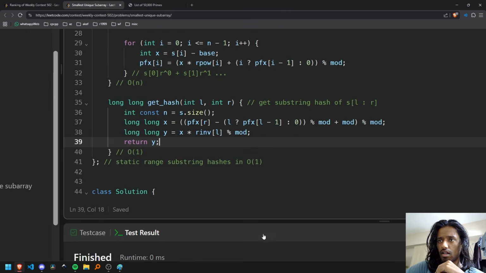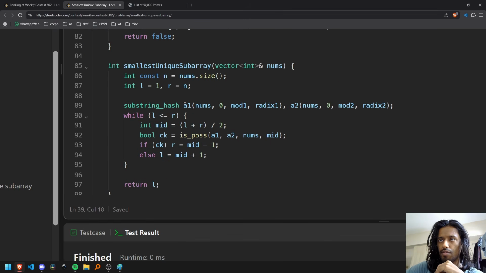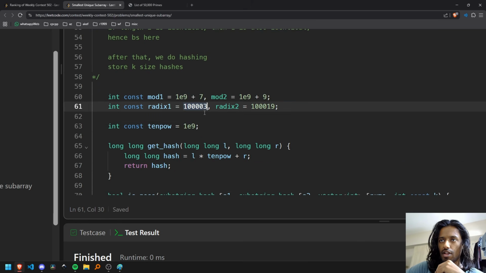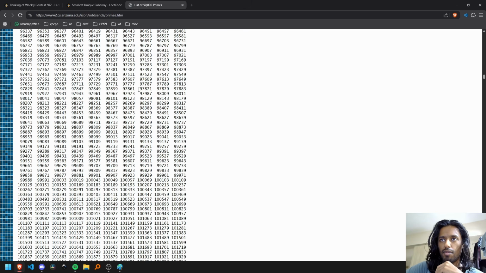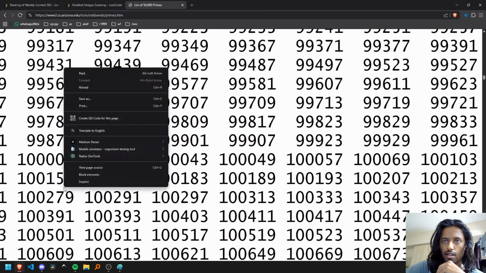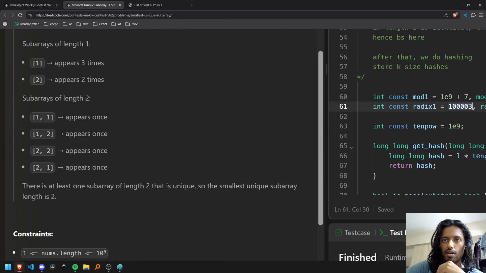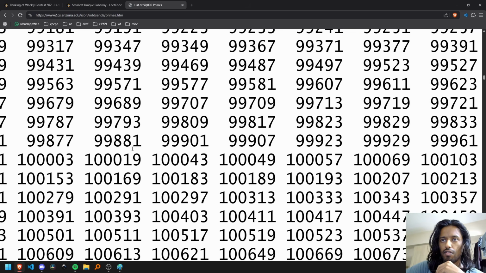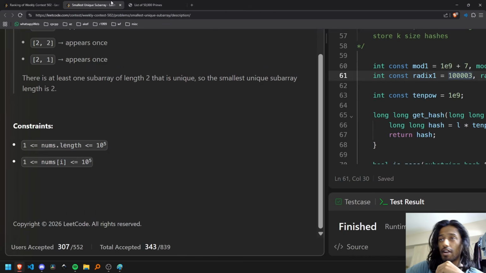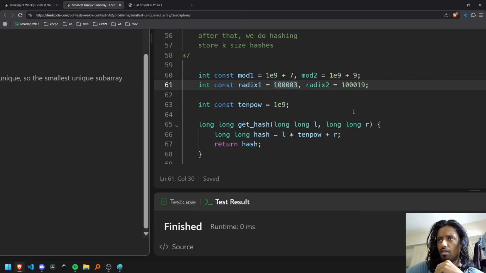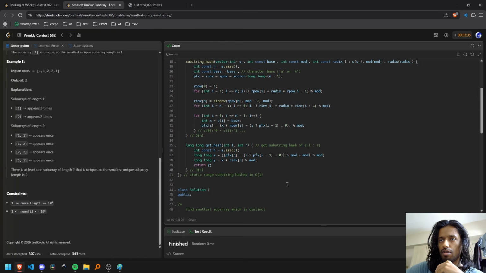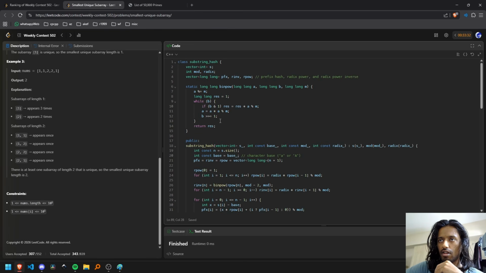Now when I'm checking, we have two hashes, A1 and A2. A1 has mod 1, which is 10 power 9 plus 7, and radix 1 is basically 1e5 plus 3. I just found the smallest prime above 10 power 5, right? Since the values are less than or equal to 10 power 5, we want the radix to be at least 10 power 5. That is why I took these two as the radices and these two as the mod values, and I put them in my template. You can pause the video and look at this. I had to make some changes here, but regardless,